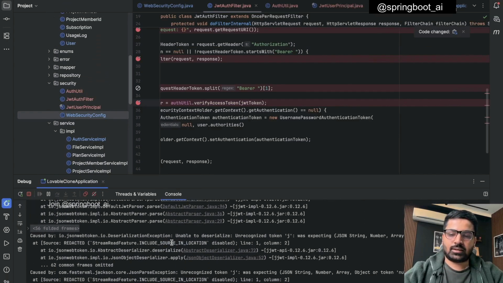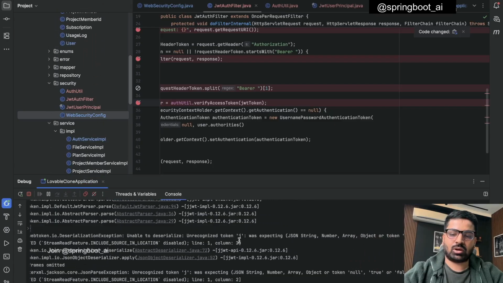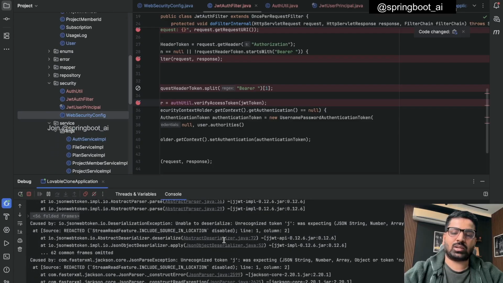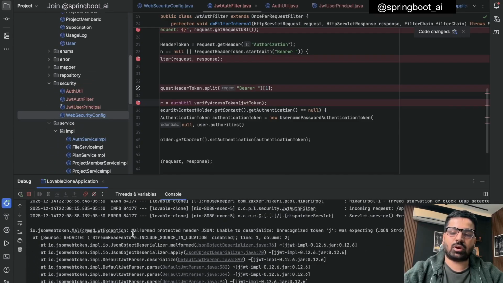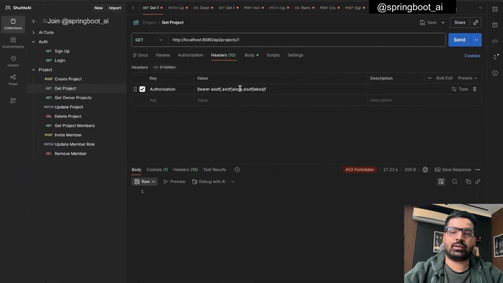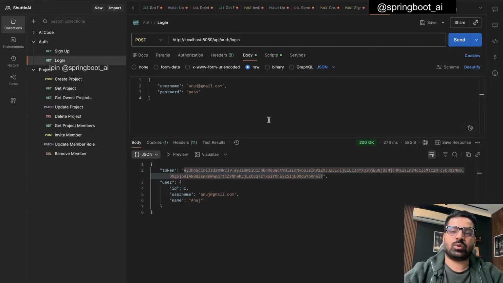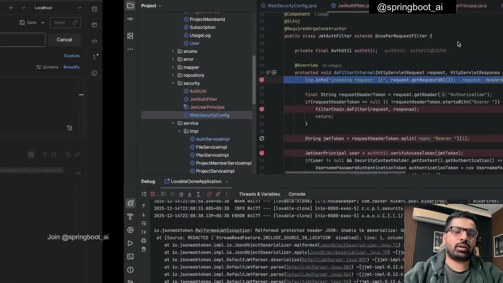It says that a deserialization exception occurred, unable to deserialize an unrecognized token. So basically the token was not recognized, which is correct. Malformed protected header JSON, right? This is a malformed JWT exception. And we need to handle this exception as well in the exception handling part only. So we'll handle this exception as well. But yeah, we need to provide a valid JWT here. How do we get a JWT? Well, for that we have to do a login. Once we do a login,